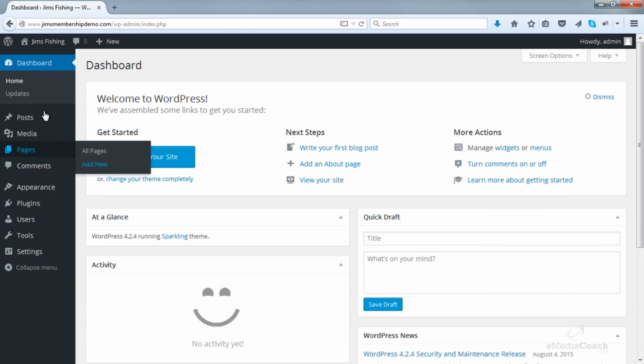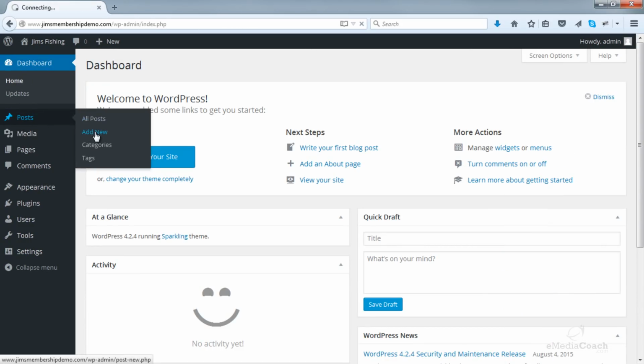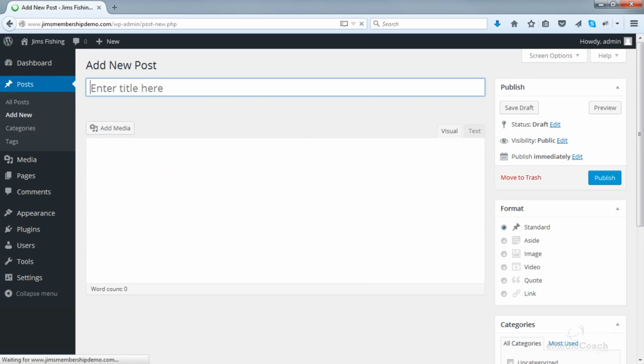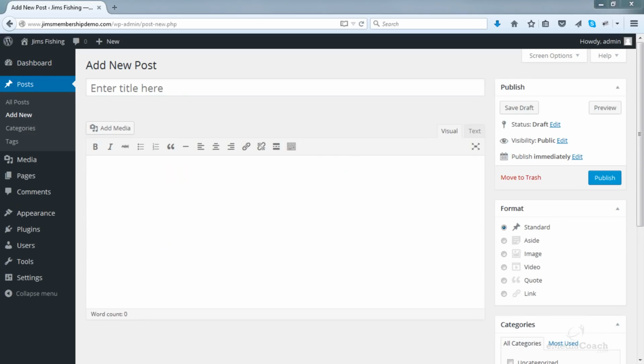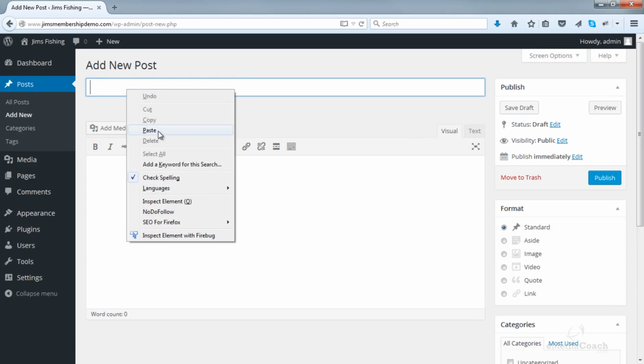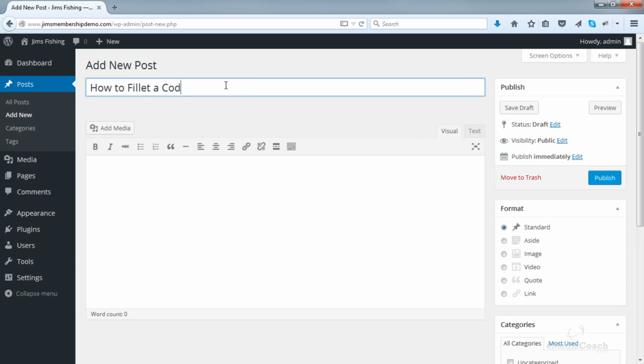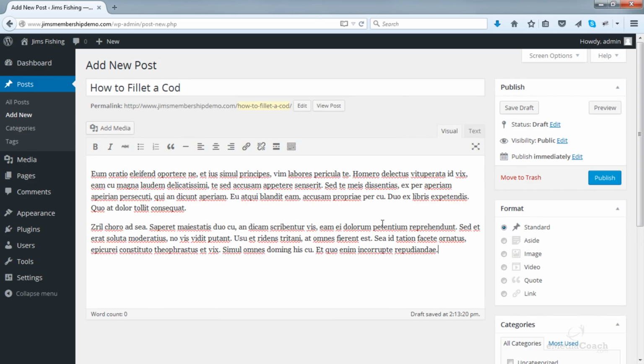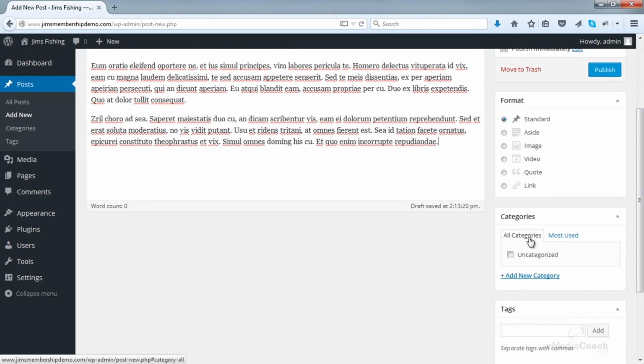On the other hand, if you write a post, and I'll do an example post here as well. So I'm just going to copy and paste some text from another screen I have here. Okay, so with a post, you can actually select or add a category so that you can categorize different posts based on the category.